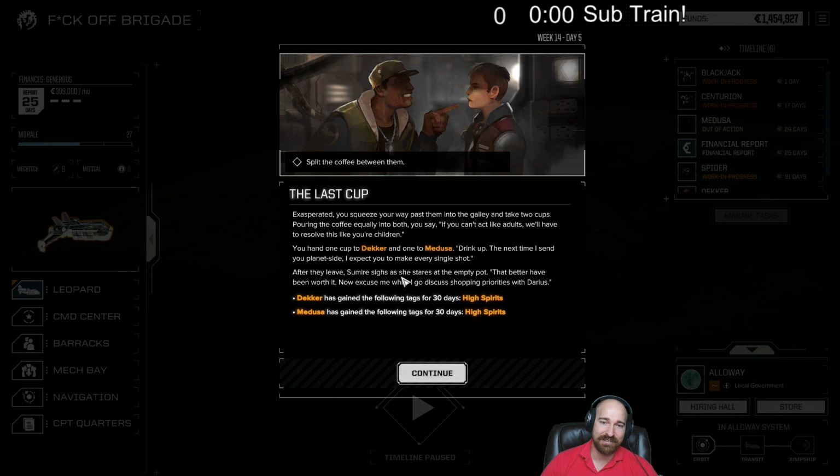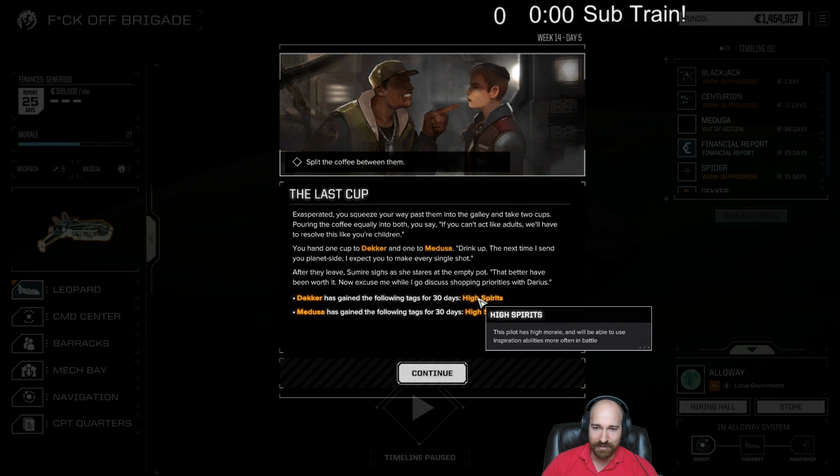After they leave, Sumair sighs and she stares at the empty pot. That better have been worth it. Now, excuse me while I go discuss shopping priorities with Darius. They've gained high spirits. This pilot has high morale and will be able to use inspiration abilities more often in